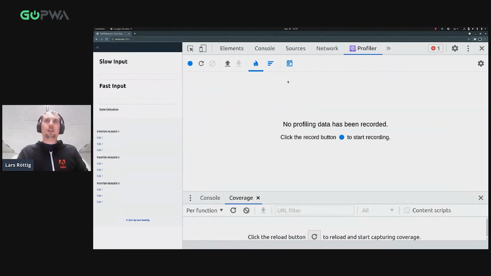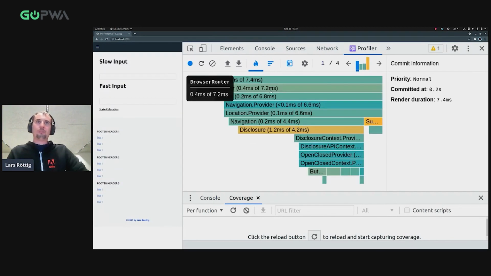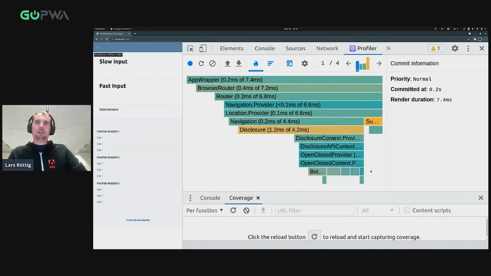So you have the same thing built into the React profiler. It allows you to reload the application and see what's going on here. And if you stop it, you already get some information. Okay, first of all, I render the app wrapper, and then I render this navigation.